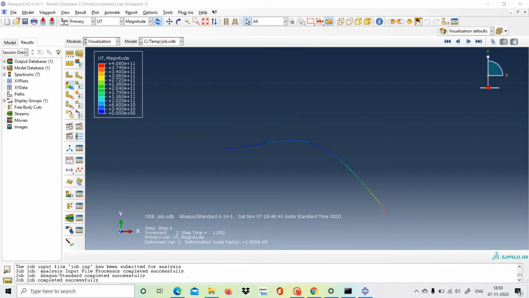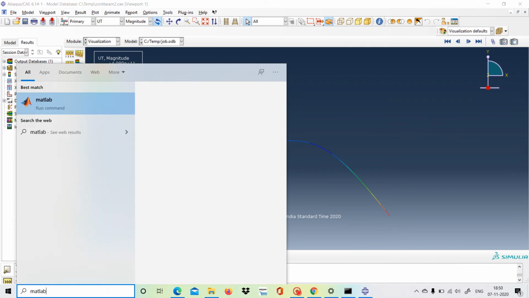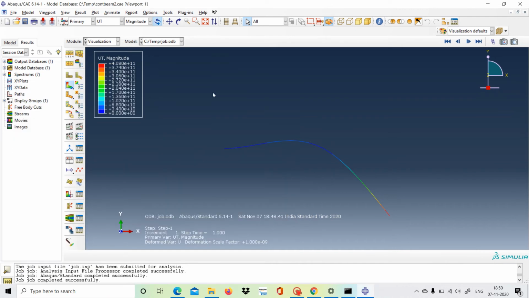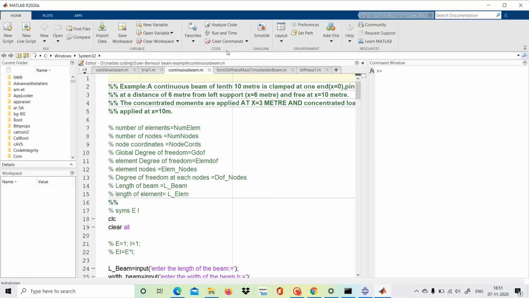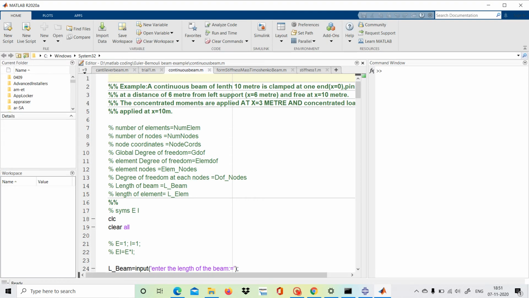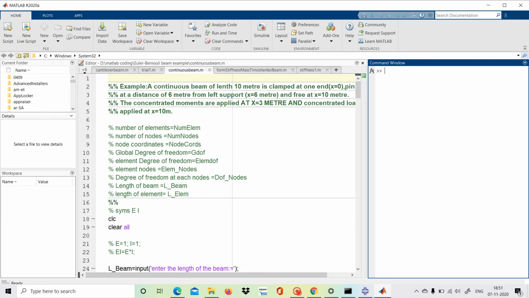So let me open MATLAB simultaneously. It takes some time. So here it's the continuous beam, the same problem.